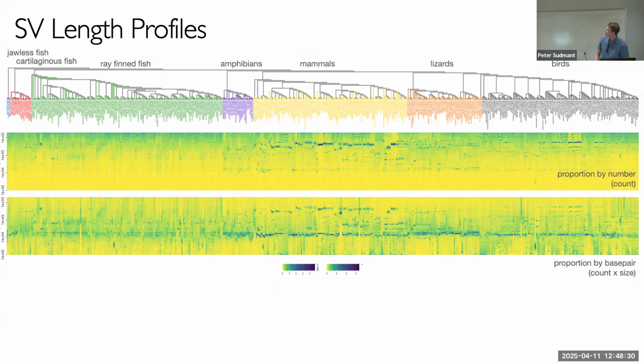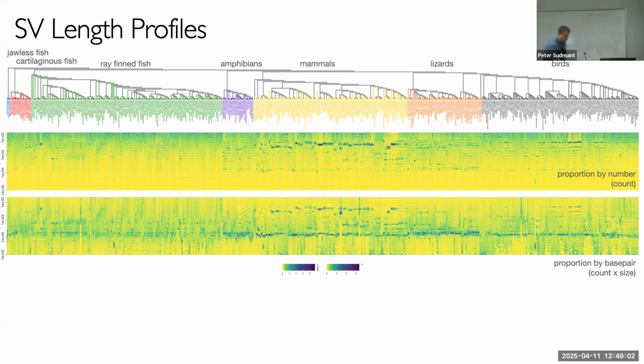Yeah. So here's another way to look at this data. This is a histogram, believe it or not, turned on its side. Each stripe here is a heat map histogram. Just look at the top one here, and ignore this bottom one. This is the proportion, this is the count. Blue means hot, more, and yellow means less. And this is going from small things to big things down here. So what you're seeing is the size distribution, kind of similar to what I showed in the chimpanzees.